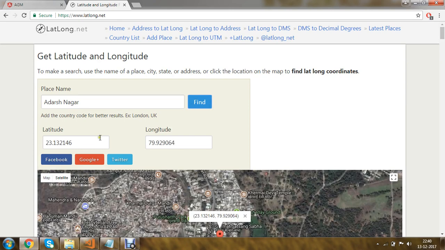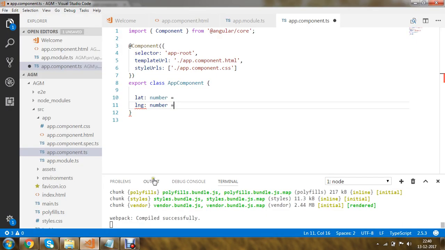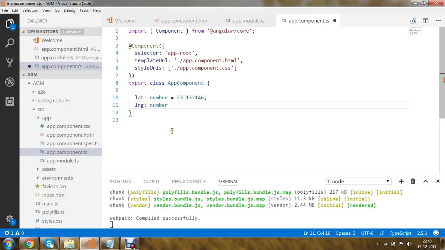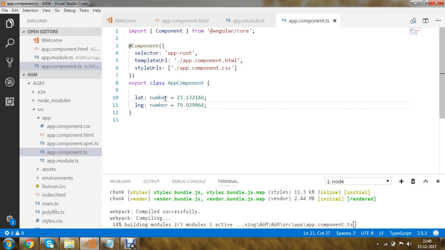This will return the latitude and longitude of this particular location called Adarsh Nagar. So I'm copying these values, and within latitude I'm going to specify this value, and within longitude I'm going to copy this value. So within this app.component.ts file, we have created two variables for latitude and longitude. I'm going to save all this.